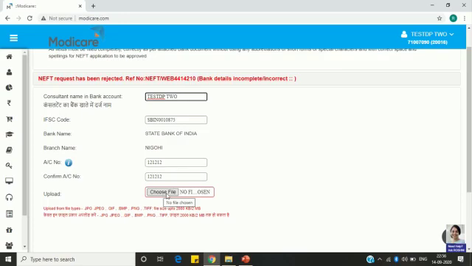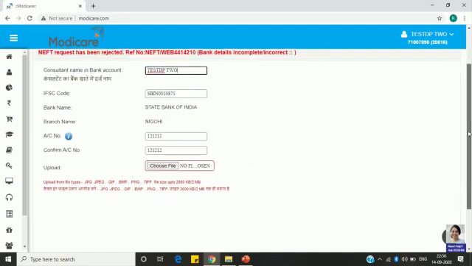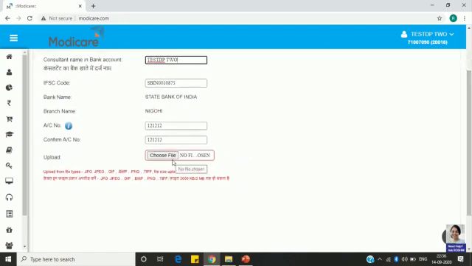Okay, so click choose file, select the file and then upload it. Please note the size of the file should not go beyond 2 MB, which is written here. And the file format should be in JPG, JPEG, GIF, BMP or PNG, or even TIFF file can be uploaded.